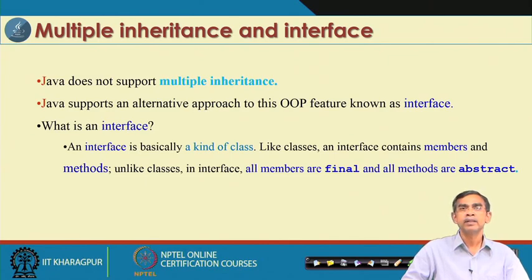Now, this is the difference between the class and the interface. Whereas an abstract class can contain abstract methods as well as non-abstract methods. This is also a difference between the abstract class and the interface concept. Another thing is that for both abstract class and interface, no object can be instantiated. In that sense, the two things are similar. So, the difference is like this and the similarity is also like this. Okay, so this is the concept of interface in a very broad sense.